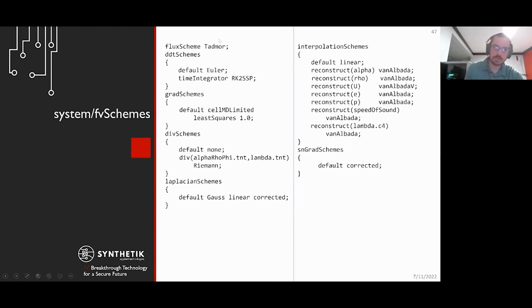So for the FE schemes, we're going to be using the Tadmor scheme. This is in rhoCentralFoam. There's Kurganov and Tadmor. These two seem to work best for spherical detonations. Basically, they don't result in any sort of numerical artifacts, which you can see with